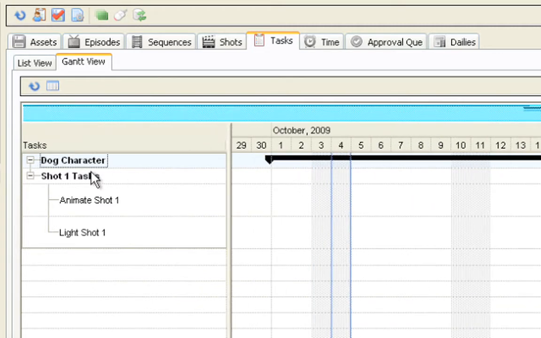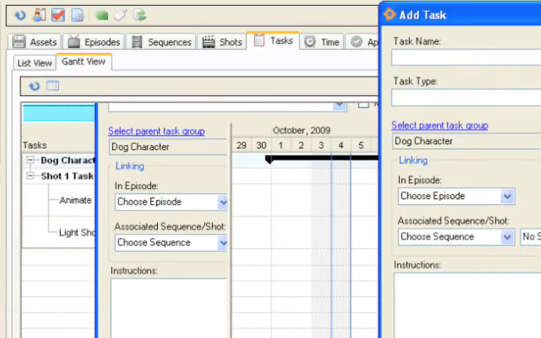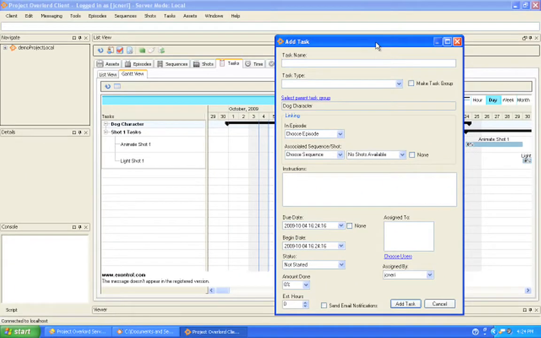So what we'll do is just create a character concept of this dog character. We'll click Control A, and we'll just call this task concept dog, and the type of task is a concept task. Right now we won't associate it to any shots or sequences. Give it a quick set of instructions,